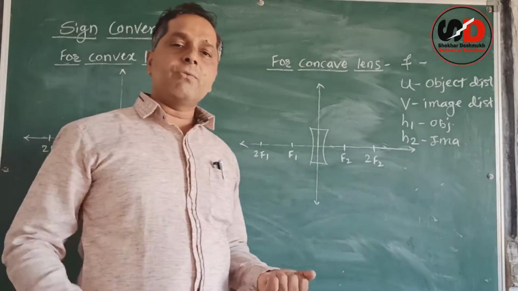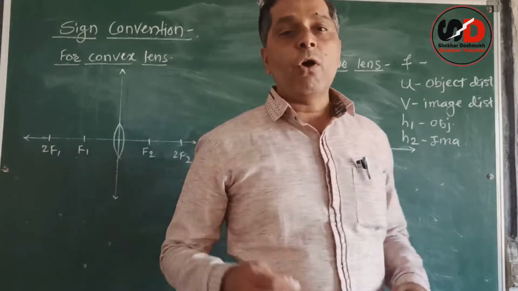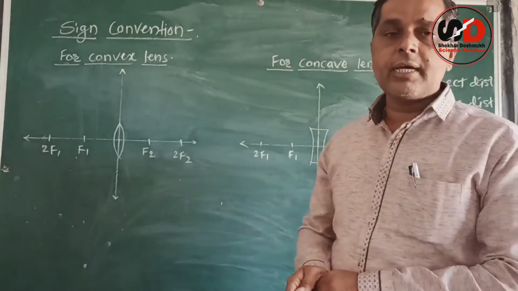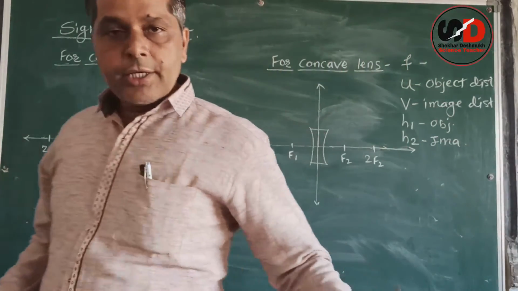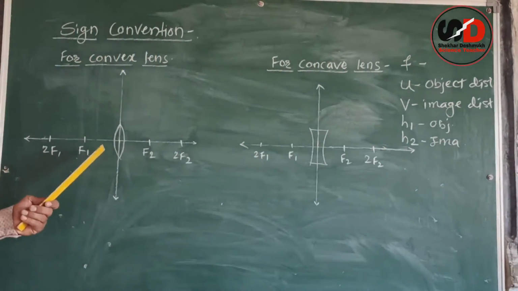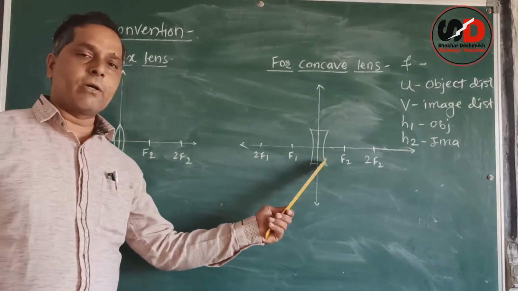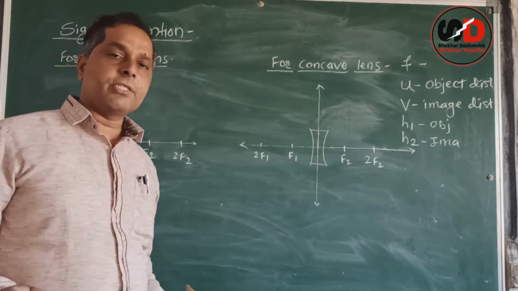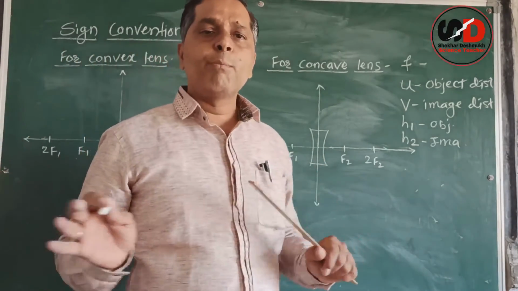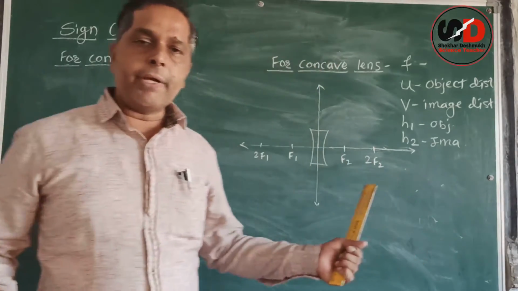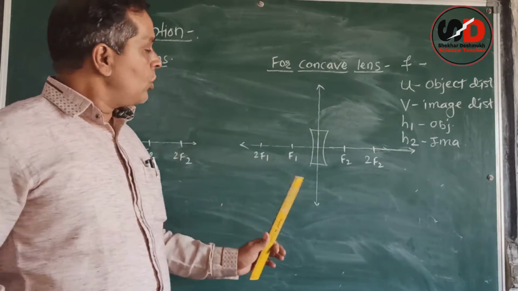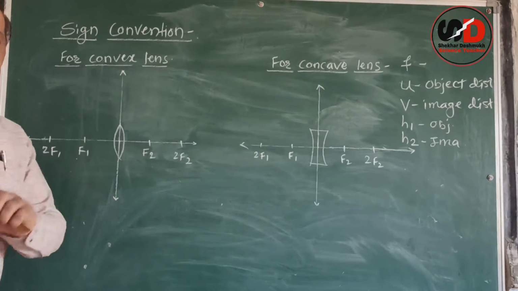Now, which signs do we have to use for that? For that, these Cartesian sign conventions are given. Here you can see the diagram for convex lens and for concave lens. The Cartesian sign conventions are similar for both the lenses. We are comparing here. So, according to the Cartesian sign convention,